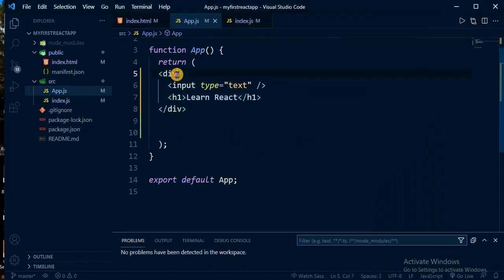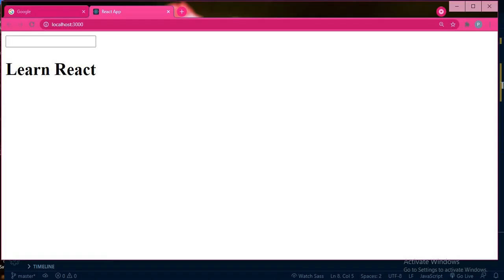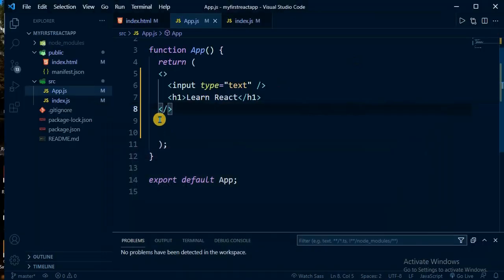Now if I remove this div, then also we shouldn't face any kind of problem. So basically this serves the same purpose, quite easy to write the code. We can use this syntax also. Okay, that's pretty much what I wanted to discuss.